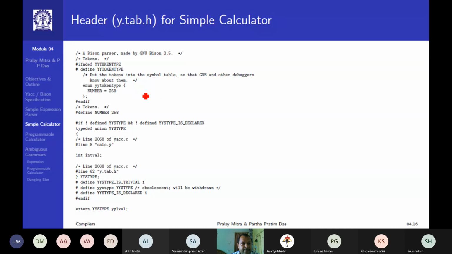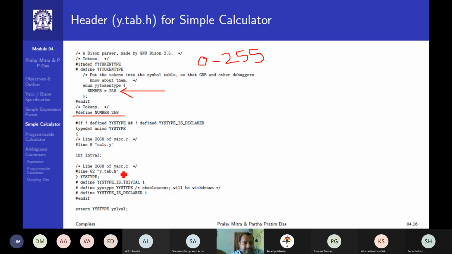So key features I am explaining to you. This number is 258, just to avoid the collision with the ASCII table, the extended ASCII table, which as you remember varies from 0 to 255. Just to avoid the collision with that one, whether that particular number belongs to some character or not, the numbering starts with 258.